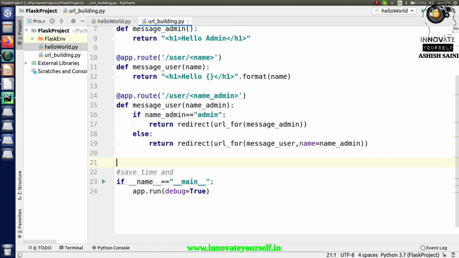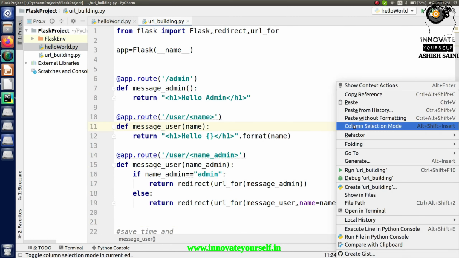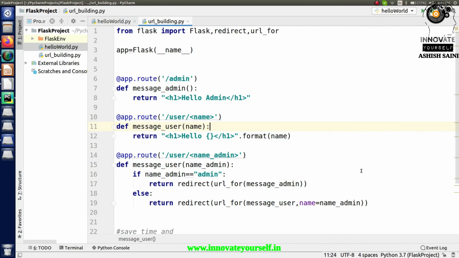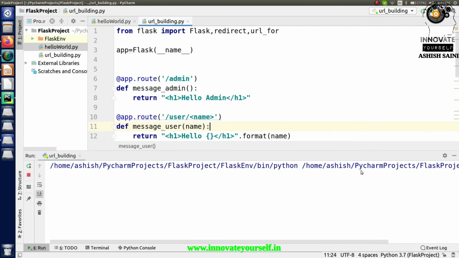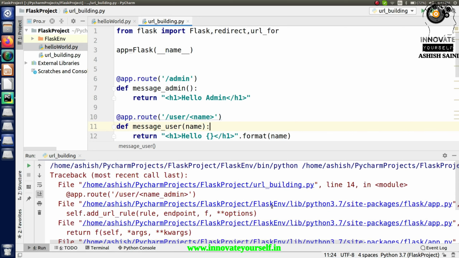Now we can run this and test whether it's working or not, right? So for that, let me just run this and let's see the working of it. So just run this part. Okay, so it has shown me some error. And why has it shown me some error? Okay, app underscore route.